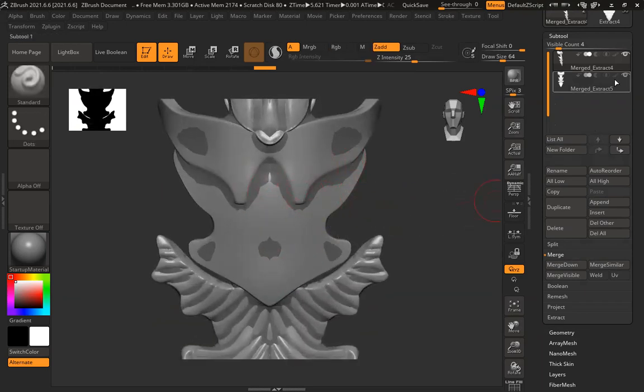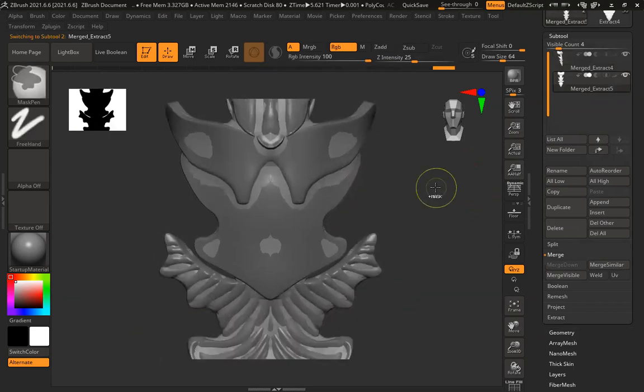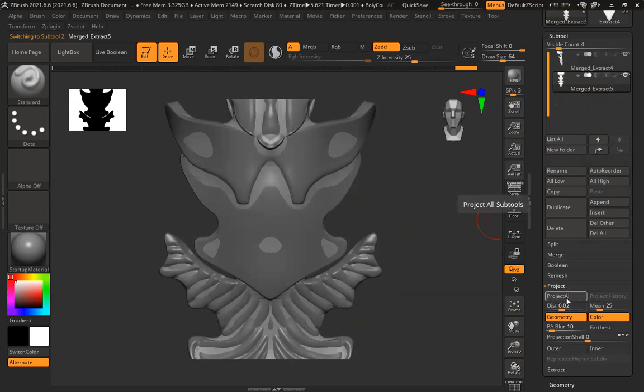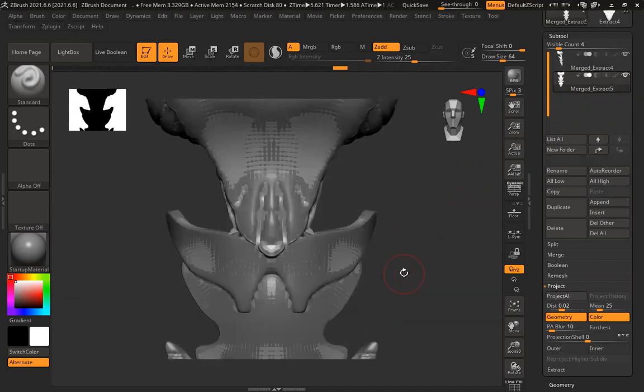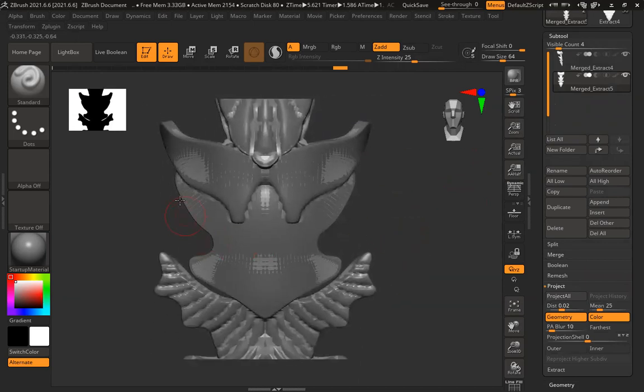So what I will do now is project it back on the model. Control D once, project, so that I can be 110% sure my volume and shape and everything is the same. So you can see I cannot see any slight gaps, that doesn't matter.